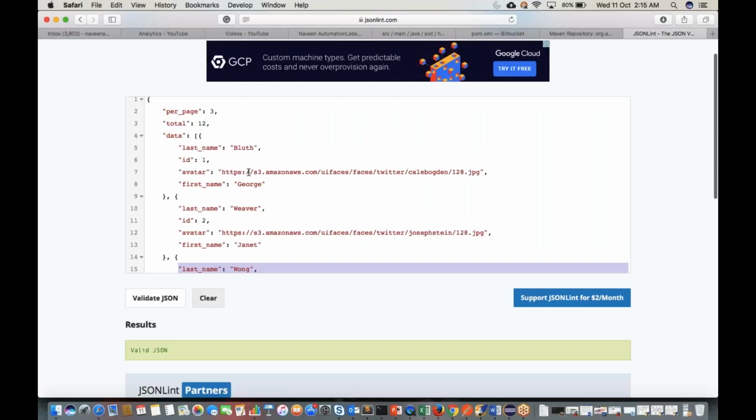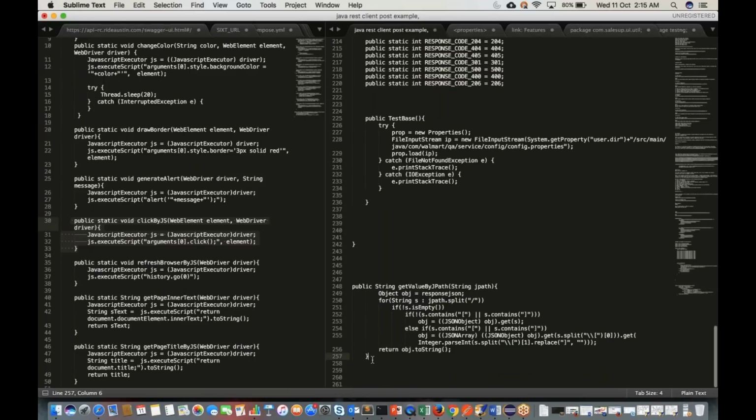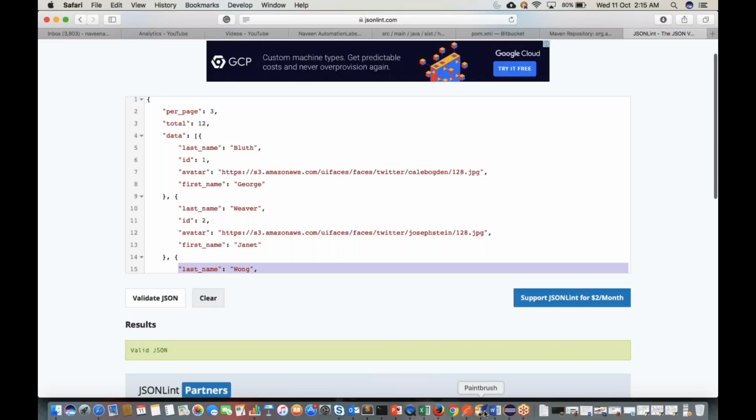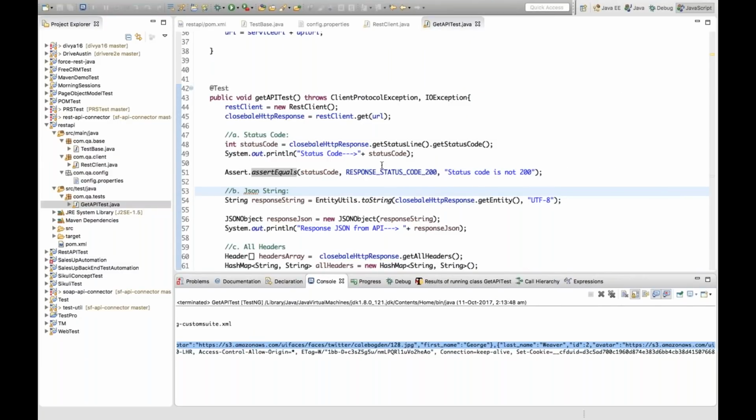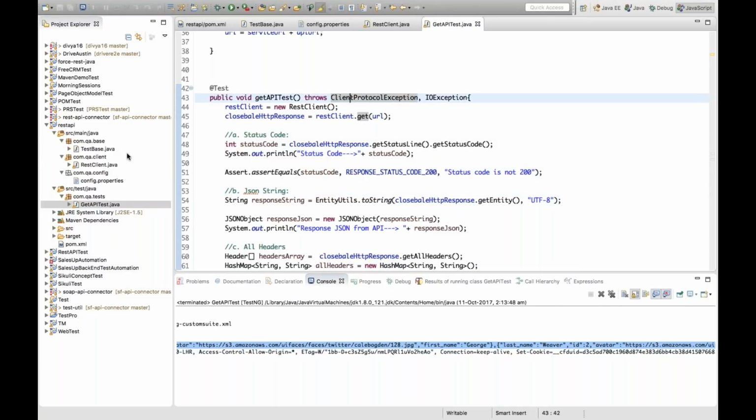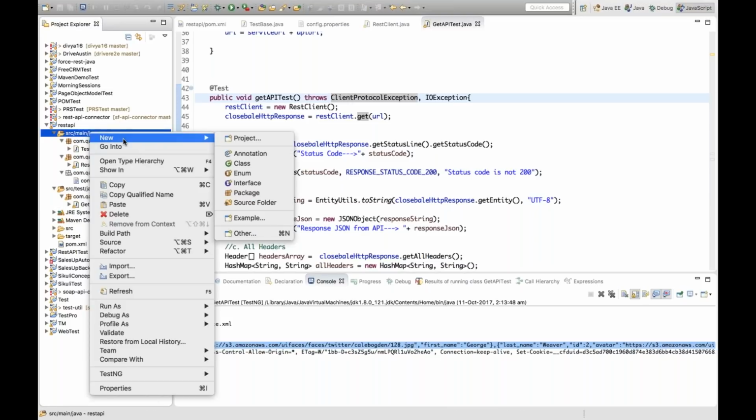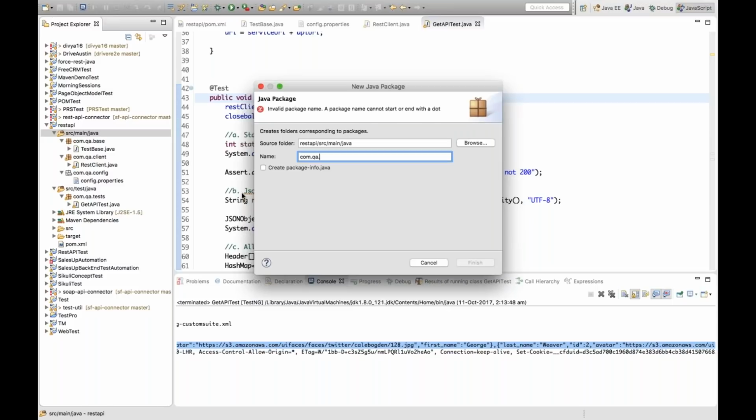So to parse this particular JSON object, I have written one utility. See, this is the utility. It's a very simple utility, guys. You can easily understand it. I'm using simple string manipulation over here. And what I'll do is go to my Eclipse and create one util package in src main Java. I'll create one package, com.qa.util,